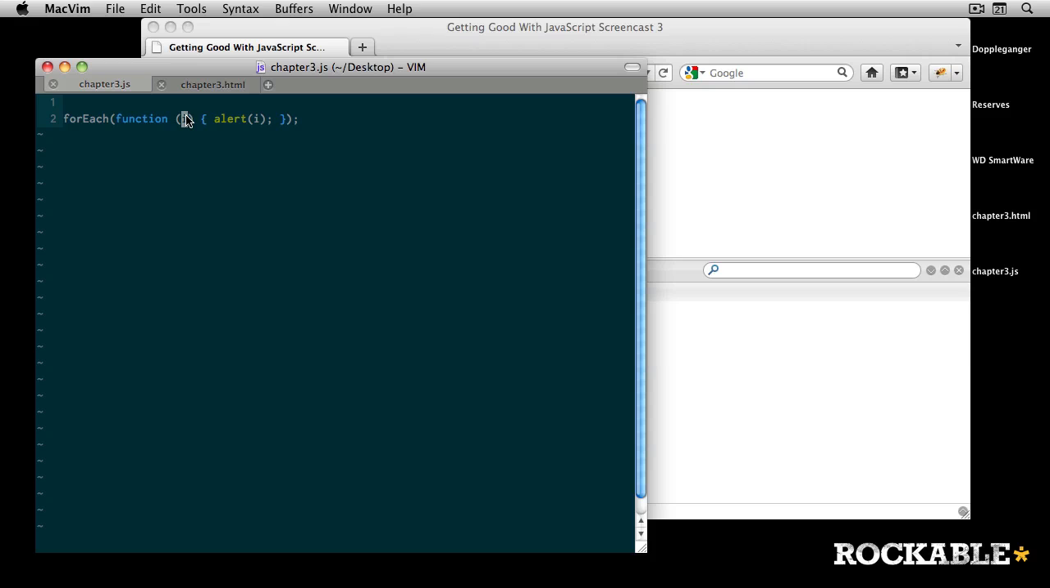Notice that it's taking a parameter too. This function that I'm passing takes a parameter. That parameter will be given to this function as a parameter when it's called. For example, if we were to guess what might be inside this forEach function, it might look like this. We could use fn as an abbreviation for function. And then